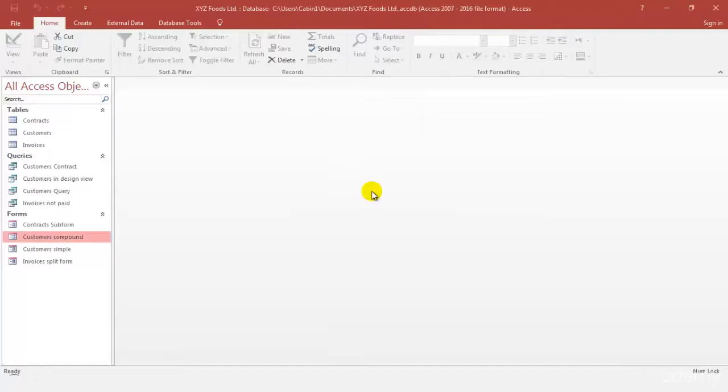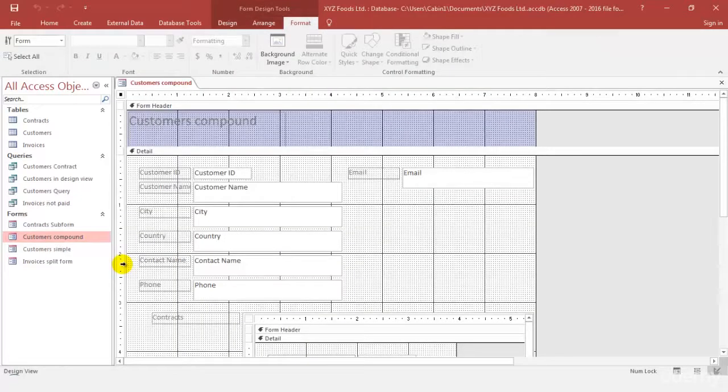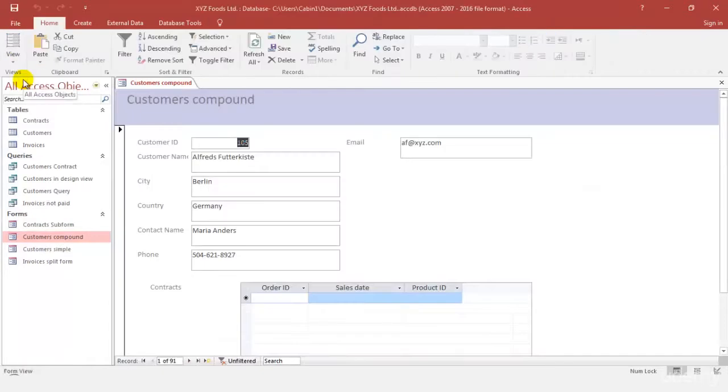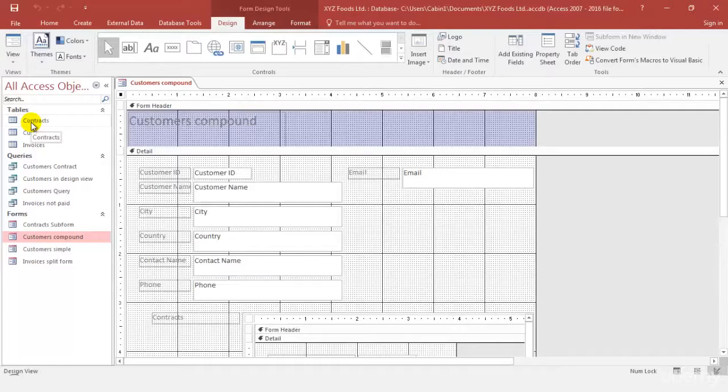Okay, now let's understand the design view, how the form design view helps. So we'll right click and click on design view. So now this form is looking really different, don't you think? The layout view and form view is quite similar, but if you look at the design view, it looks like the back end of the form. Okay, if you come back to the form view, you'll see it normally, but the design view will help you